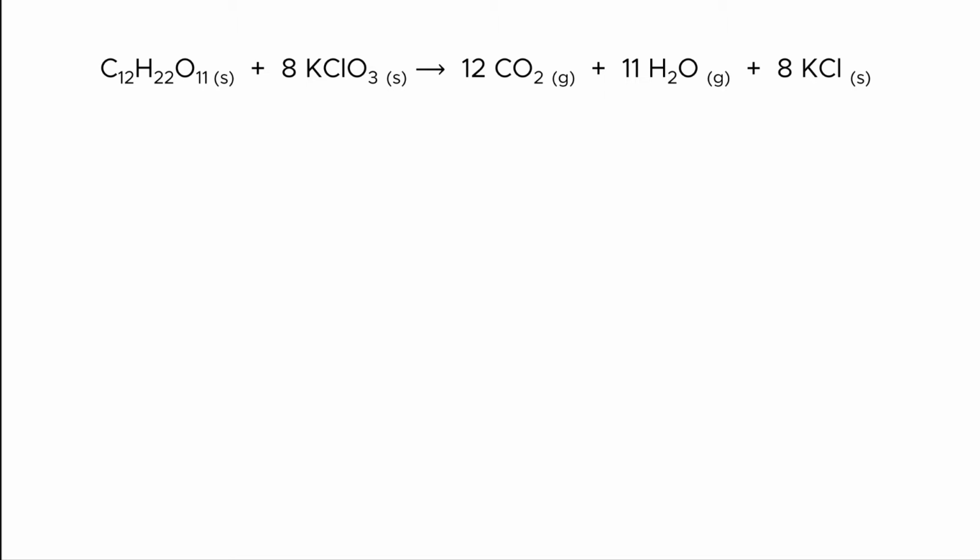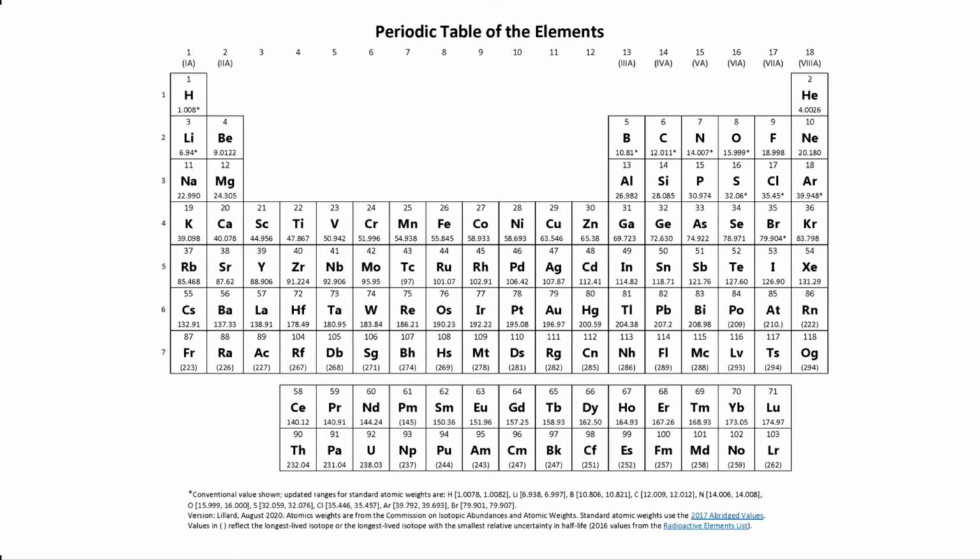All of the examples are based on the chemical reaction of exploding gummy bears. Basically, what happens when potassium chlorate is heated, then decomposes to produce oxygen gas, and reacts with the sucrose in the gummy bear. Let's take a look at the periodic table and note any molar masses that we may end up needing. Carbon is 12.011, hydrogen 1.008, oxygen 15.999, potassium 39.098, and chlorine 35.45.